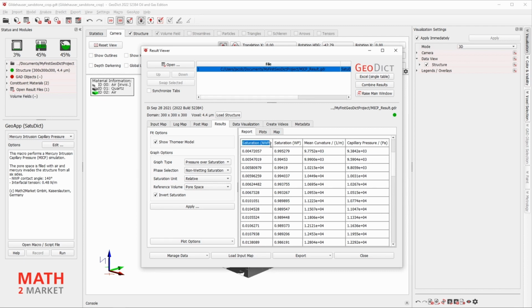This gives you the saturation of the non-wetting phase, which is in our case the mercury, and the wetting phase, which is air, and the corresponding capillary pressure and calculated mean curvature.